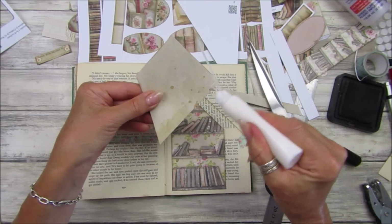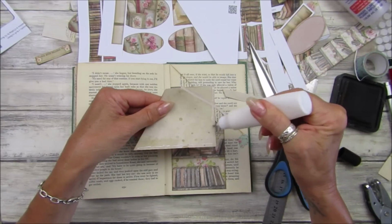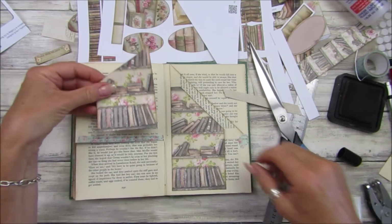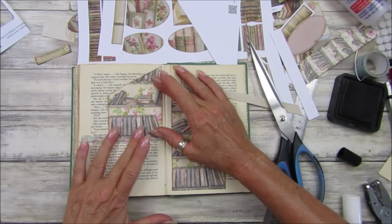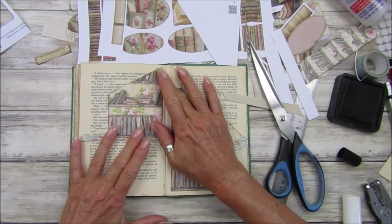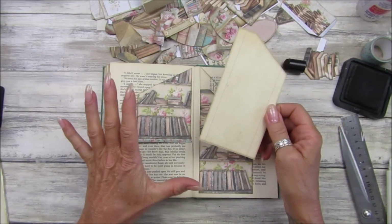Glue this bit. And down there. And that's going to stick onto that washi tape. I don't think it will, will it? Maybe it will. Oh, my battery went, so I've just changed the battery, but before I turn the camera on,